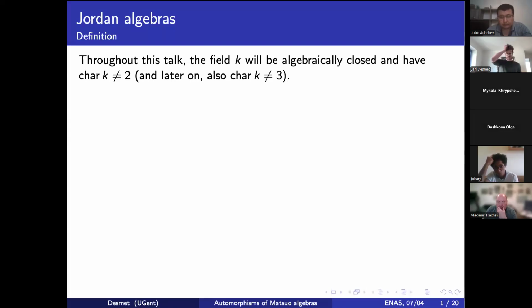First off, everything we do is with algebras over a field. We'll ask that the characteristic of the field is not 2. This is kind of intrinsic to the context I work in. If you want to, you can try to come up with some definitions where this characteristic condition is not necessary. But for now, it fits the framework. And later on, I'll actually also have to assume characteristic not 3. I will give some reasons as to why this might be, but essentially I can get rid of the assumption that the characteristic is different from 3. But there are some good reasons to assume that the behavior there is quite different. Anyway,